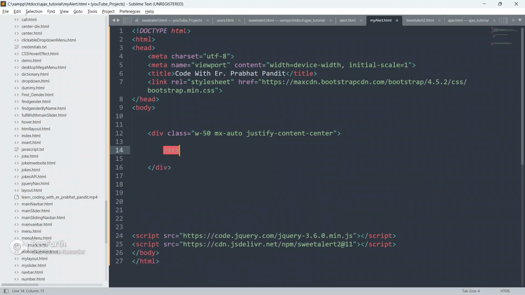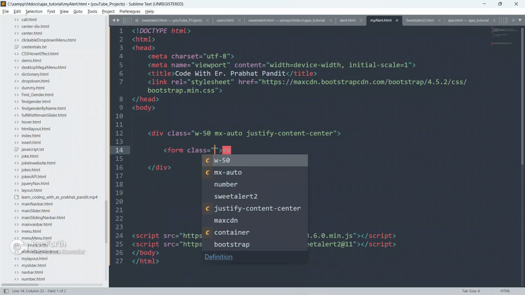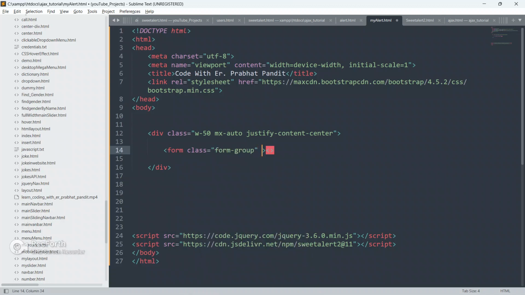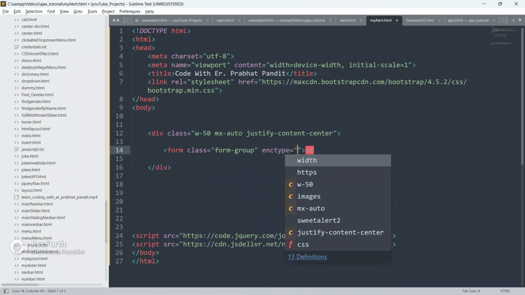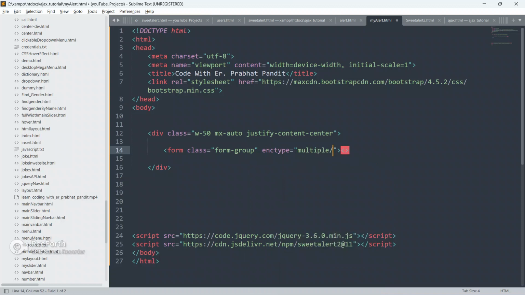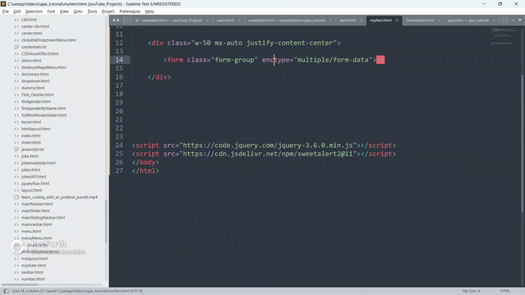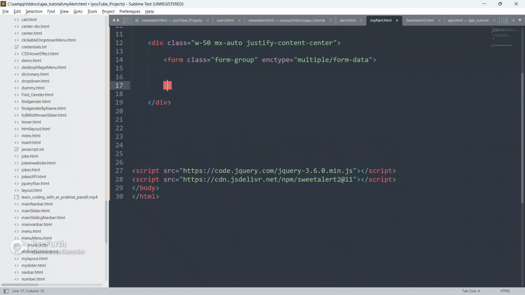Close this div now, and inside this div create a form, give class as form-group and give enctype as multipart/form-data. This is used for files. This enctype is used for file uploading through this form.